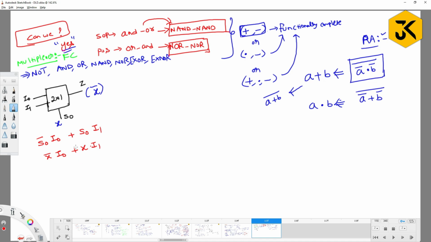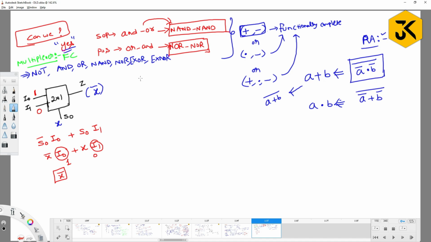From this equation, how can we get the x bar? If I place I0 as 1 and I1 as 0, what expression are you going to get? X bar. So now, what should the inputs be? The input for I0 is 1 and the input for I1 is 0. Will this circuit act as a NOT gate? Yes or no? So this way you can make your multiplexer act as a NOT gate. Right? Similarly,